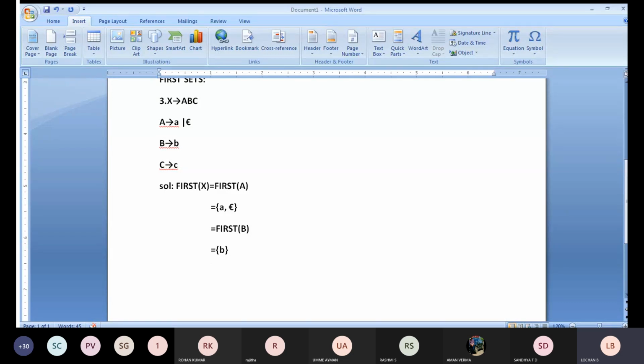So I'll stop here the solution. Overall, you are going to get the solution as A with respect to A, B with respect to B. This is what you will be getting. Have you understood, or shall I explain once again? You can ask me, sir, why have you not taken C?